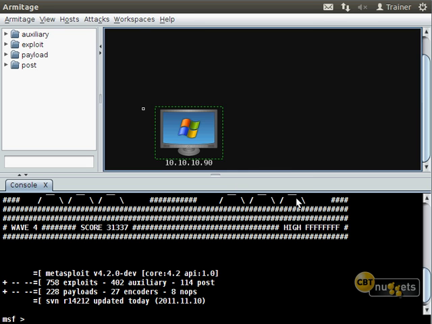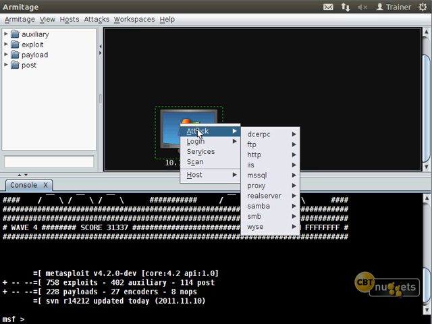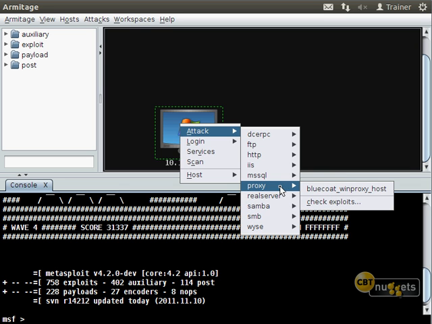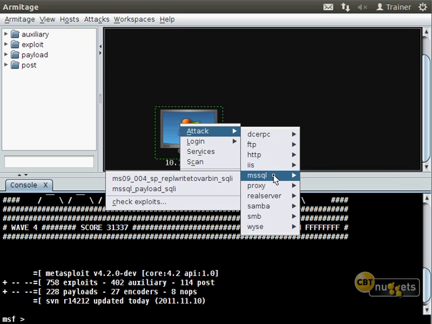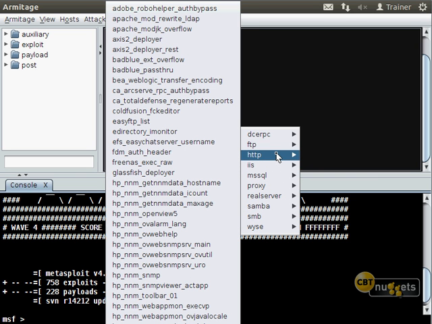All right, there it is. Okay, so we click OK here. And then we'll now have this attack item here. And again, it kind of depends. It's not as it is a Samba server. It depends on your perspective. If you're attacking it from a Linux machine, you can kind of use it as a Samba server because that's what's used in order to access Windows shares. All right. If it's a proxy server, you have some things you can work with there. If it's got SQL running, there are a few different exploits that we can run there. I know it's an HTTP server, but notice that it's not really an Apache server. So these probably wouldn't work.